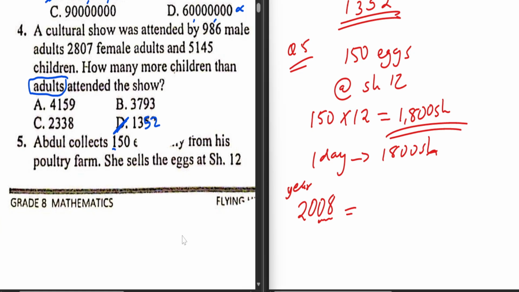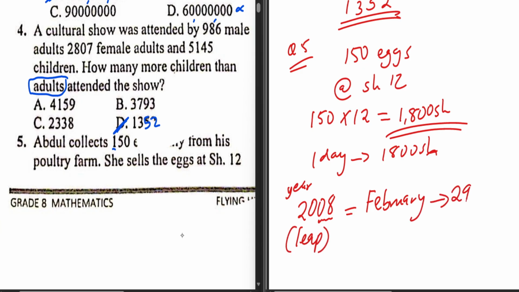So in a leap year, usually the month of February, what do you call it? This is a leap year. In a leap year, the month of February will have 29 days instead of 28 days. And as a result, obviously, if one day gives you 1,800, then you need to multiply by 29 to get the final answer. So 1,800 times 29 to give you